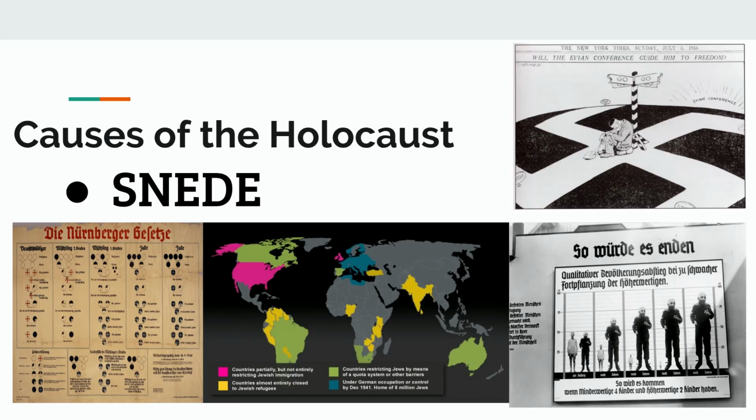The other one, the letter N, are the Nuremberg Laws. And these laws were created in 1935. These laws were put in place to limit Jews severely. They were anti-Semitic, again, meaning against the Jewish religion. They were racial laws against Jews in Germany. And these laws prohibited the marriage between Jews and Germans. If you were considered to have any Jewish ethnicity, then you were not allowed to even marry that person or even have, in some cases, any association with them.